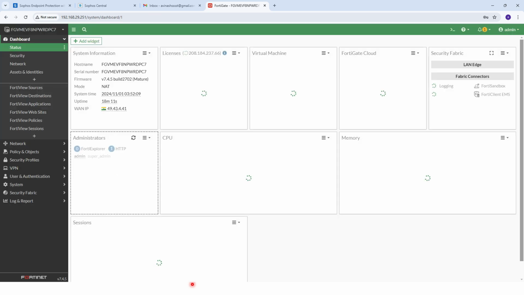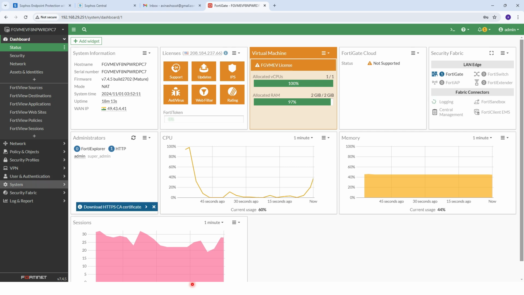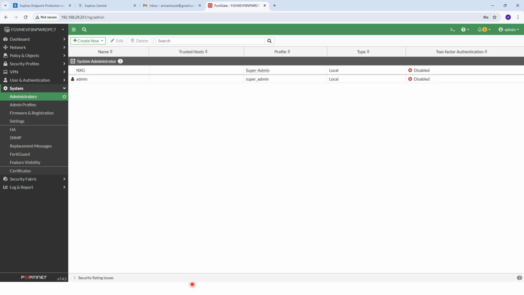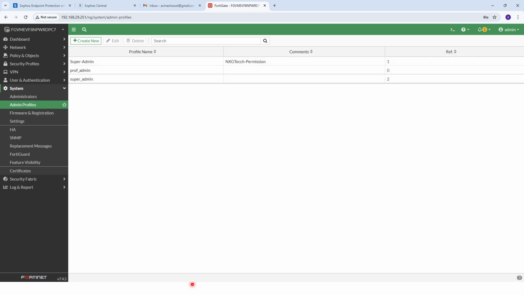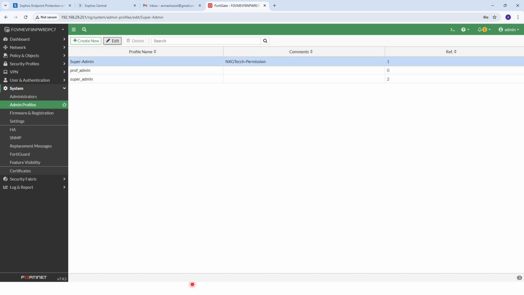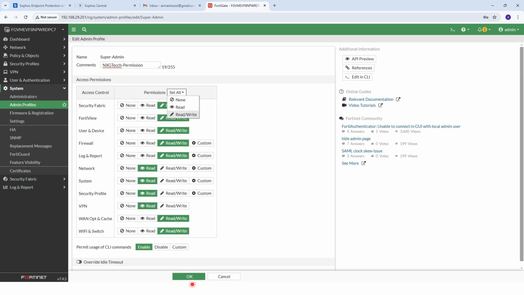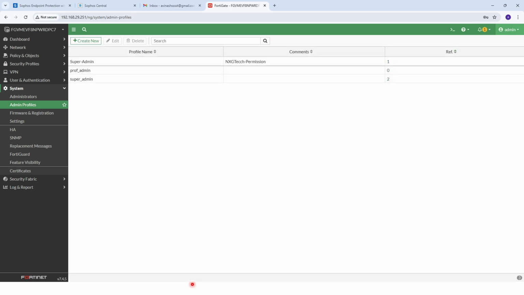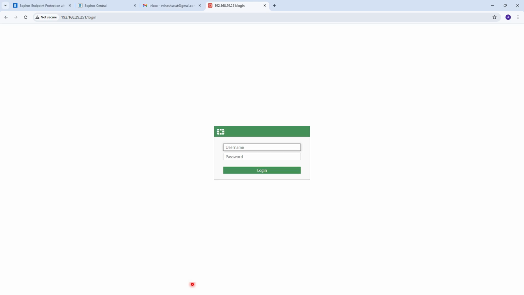Now I am going to change his permissions. After the system administrator, once I log in with the admin super admin account, you can see I am getting both accounts. So we need to go to profile, then super admin profile, edit, and select here read write all. Once you click on read write all, then click on OK, and now again I am going to sign out with this account, and I am going to log in as NXG.